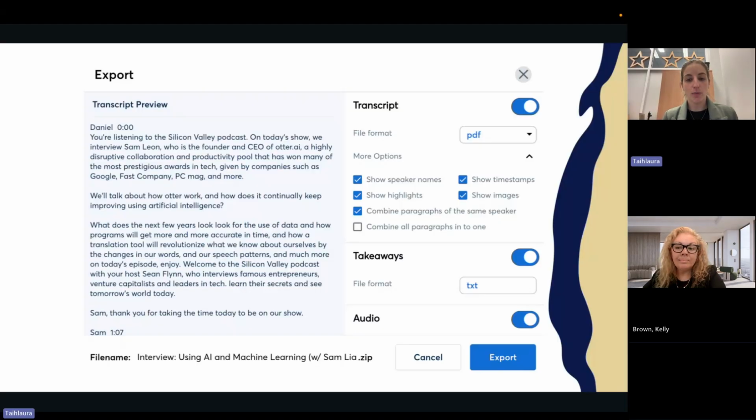If you have action points, you can ask it to make these an action, or say who's saying what, so that we can go back and look at that and refer to it. A really great way to do that, particularly if you are a one-person show and you don't have another team member available at that time to help with those meeting minutes.